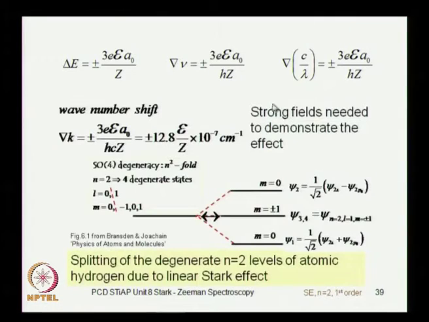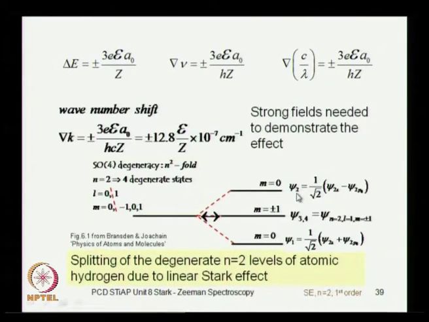So, this frequency shift is nothing but the energy shift divided by h, and you can also look at the corresponding wave number shift. You really need strong fields to demonstrate this effect, because the change in wave number over here is relatively small if you plug in all the values. But if the fields are sufficiently strong, then you can certainly see this effect. So, you get the original unperturbed eigenvalue, and M equal to plus 1 and minus 1 continue to have the same energy as the original unperturbed value, but for M equal to 0 there are two possibilities,